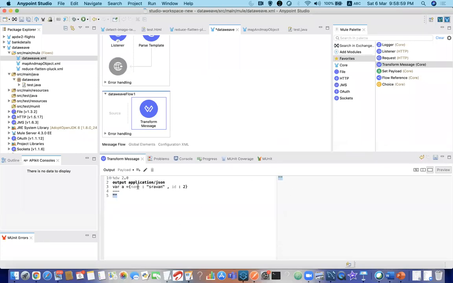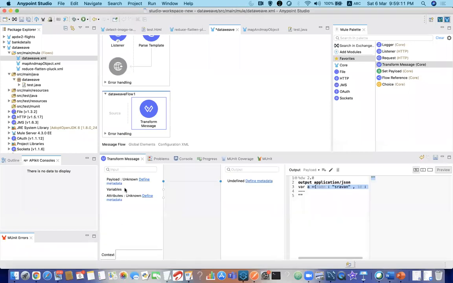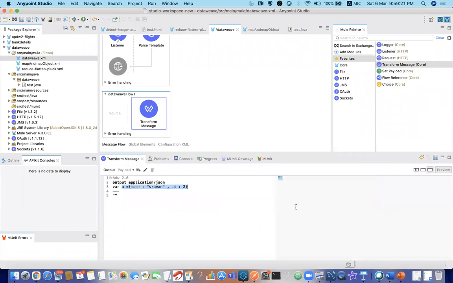So if you have any payload which you want to work on, and there is a scenario where you want to extract the name, that is your target, then you can define a simple payload. Again, there are features of mapping here. You can define your input data and output data, but I am not going to discuss that in this session. I just wanted to start DataWeave at a very basic level. So define your payload over here if it is a small one, where a equal to this one. Now if you type a, it is giving your whole output here.